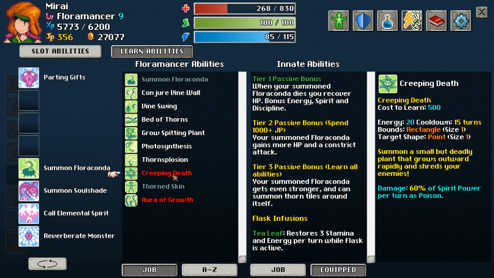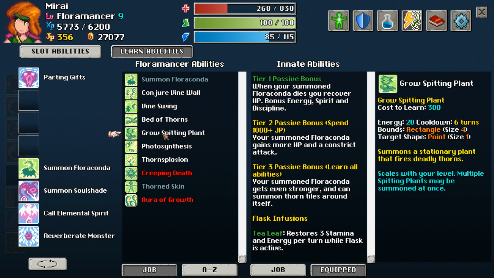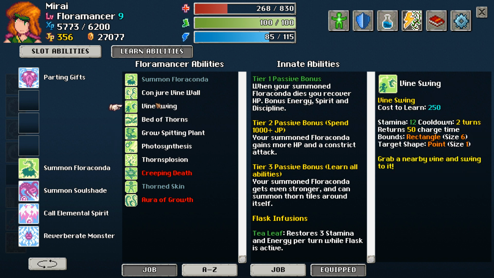And finally, Creeping Death is, you put down a plant in one space, it deals damage to enemies who stand on it, and it also grows outward, a little bit like the sludge pool from the sludge elementals. So I actually think that Floromancer is a great class with good utility and a ton of really good AoE damage, and I think that's something that we've really lacked with some of our previous characters. So I think for right now, let's take...